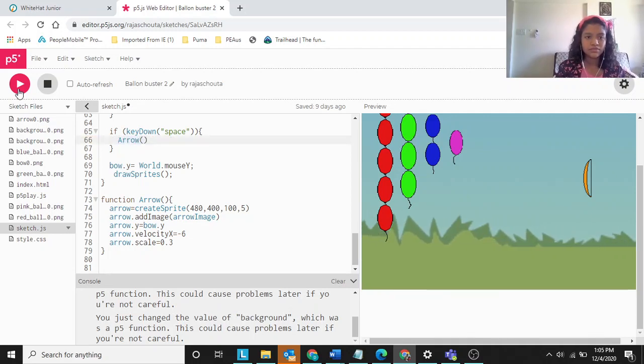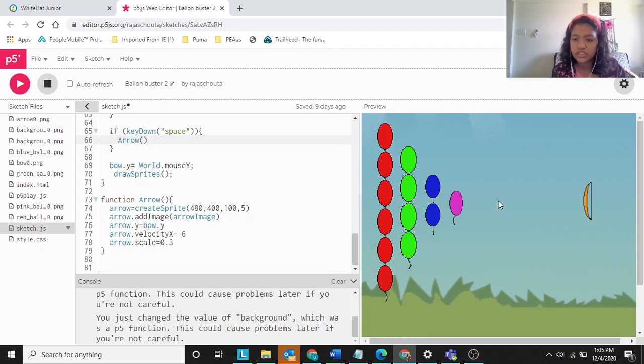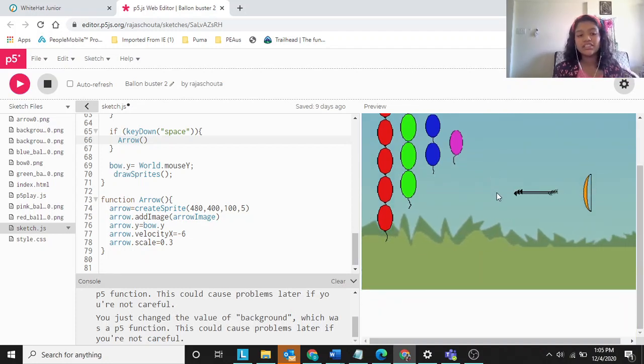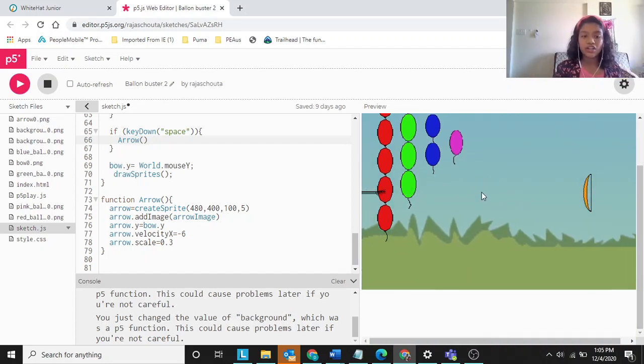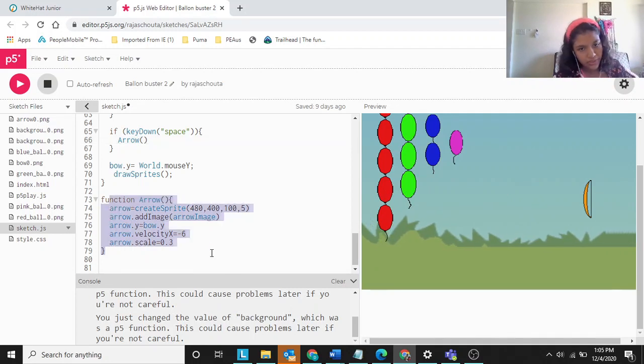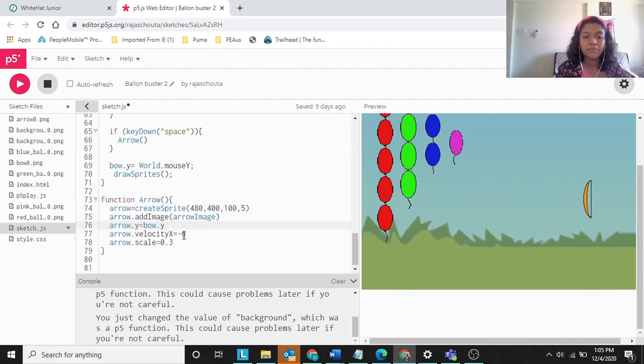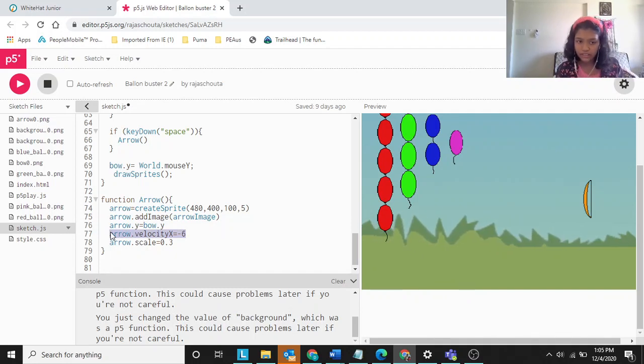You can see that whenever you press space, whatever is written in this should happen. That means whenever you press space, this velocityX will also be applied. So that's the reason it will start moving.